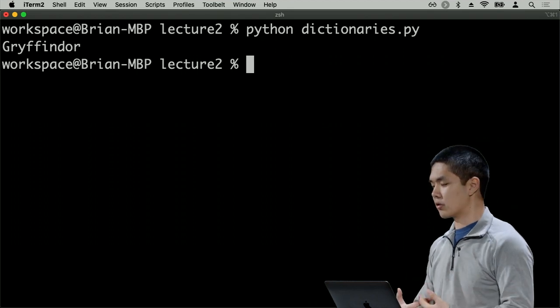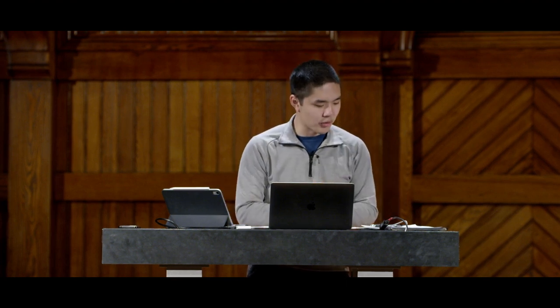is also in Gryffindor. So anytime we want to be able to map some value to some other value, whether we're mapping people to what house they happen to be in, or we're mapping users to some information about those users inside of our web application, dictionaries are going to be very, very powerful tools for us to be able